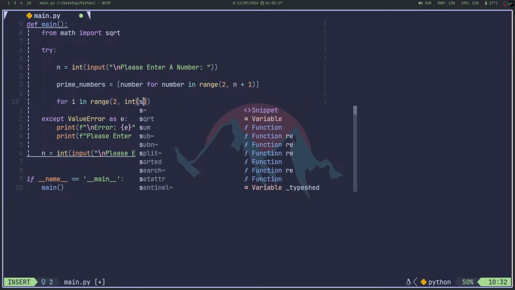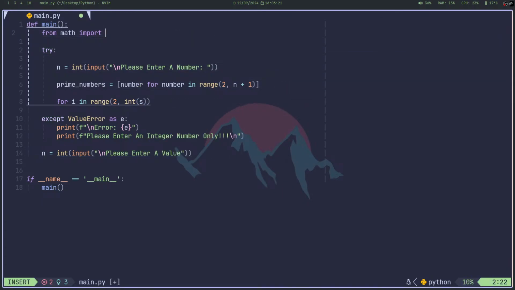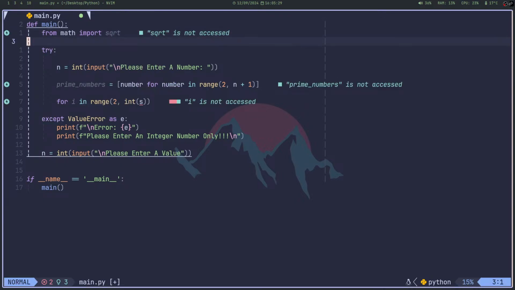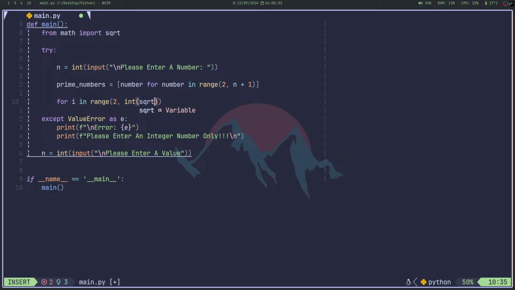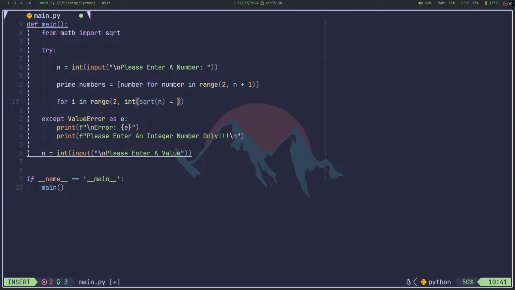But why is the function? Why is it not a variable? From math import sqrt. I don't know. Sometimes works, sometimes not. Sometimes maybe good, sometimes maybe shit. And so +1,